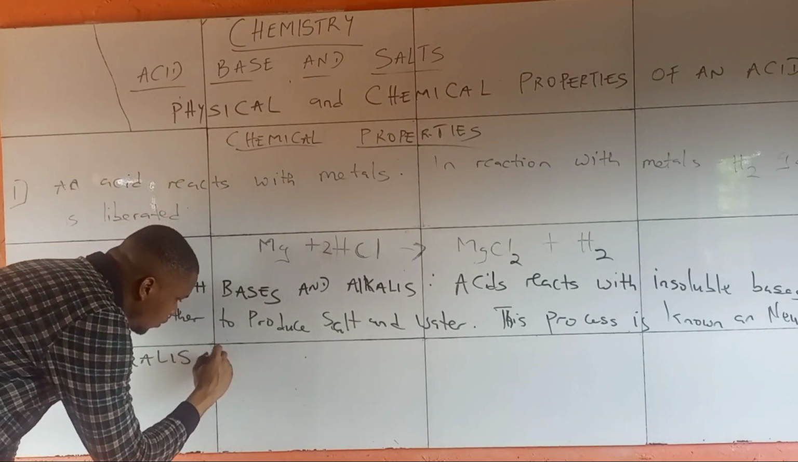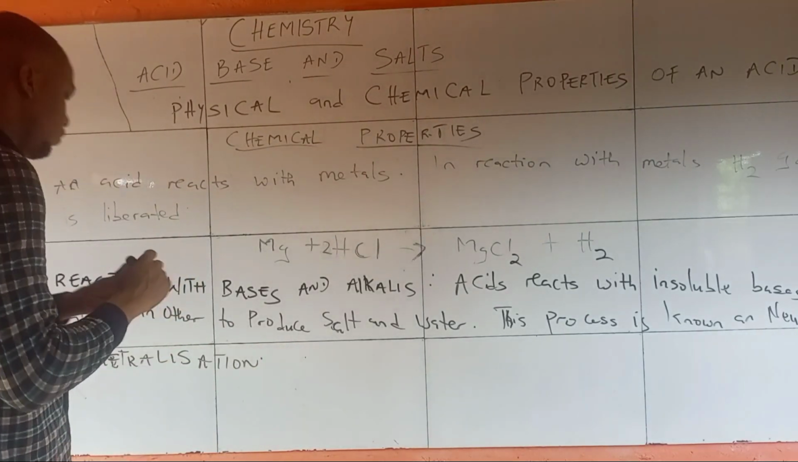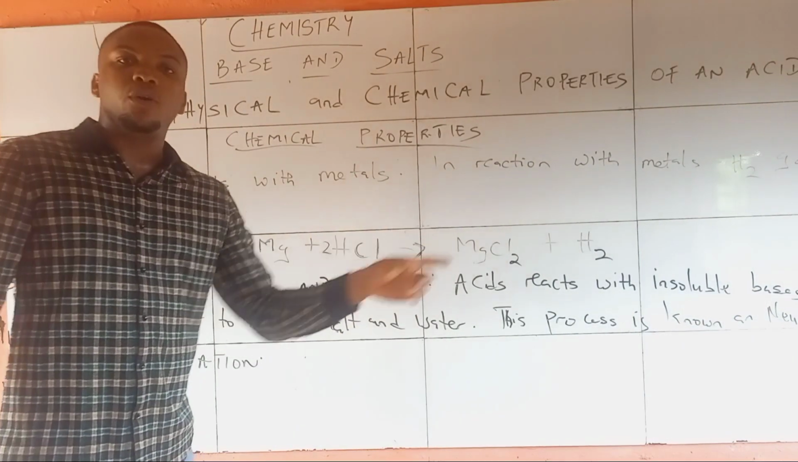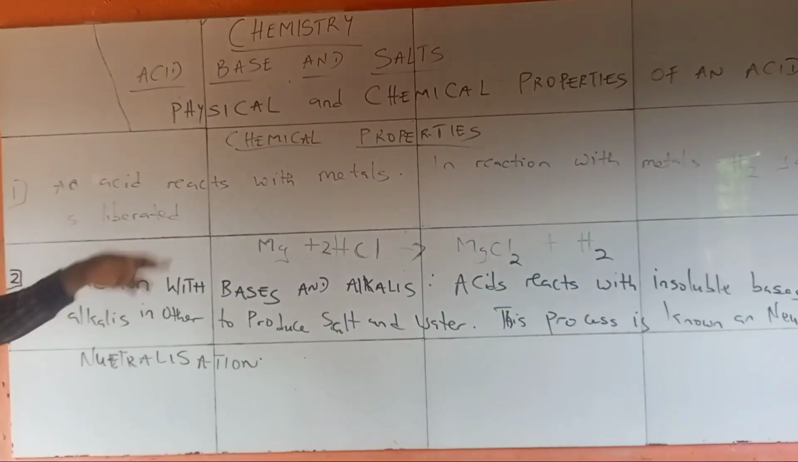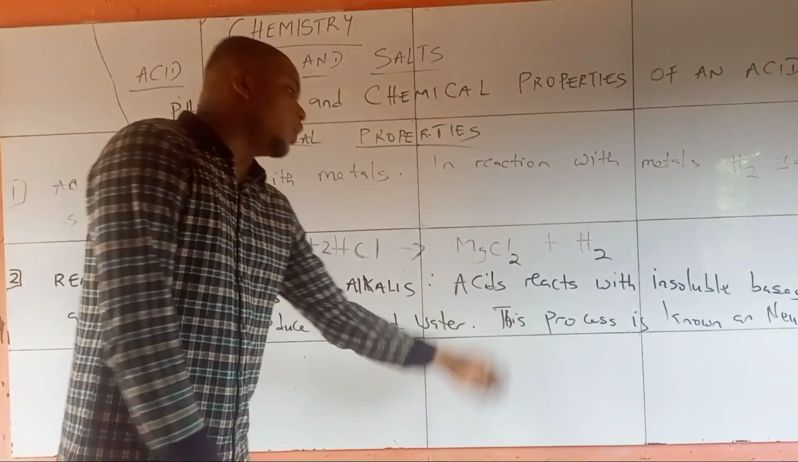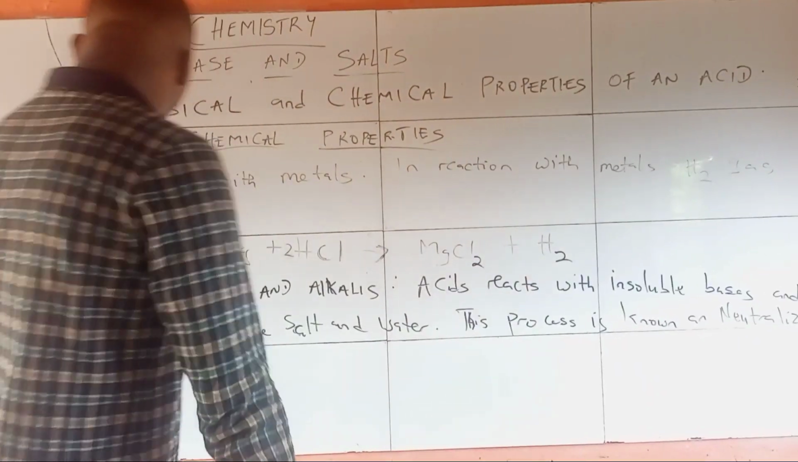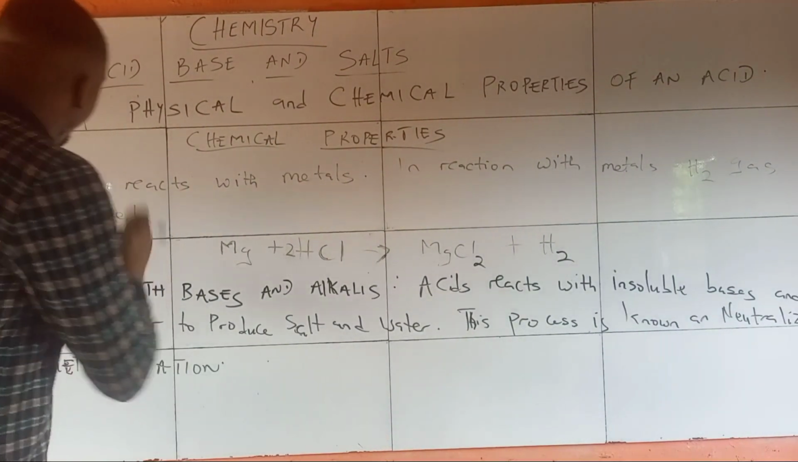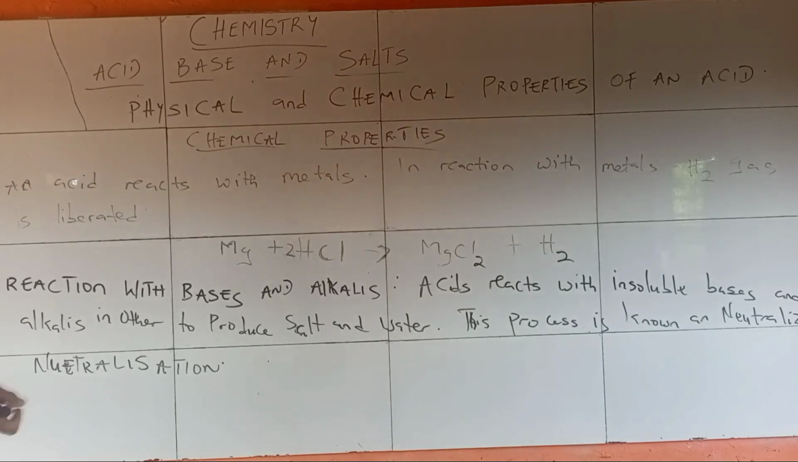Neutralization. Reaction with bases and alkalis. Acids react with insoluble bases and alkalis in order to produce salt and water. And this process is known as what? Neutralization reaction. An example of this is, let's say,